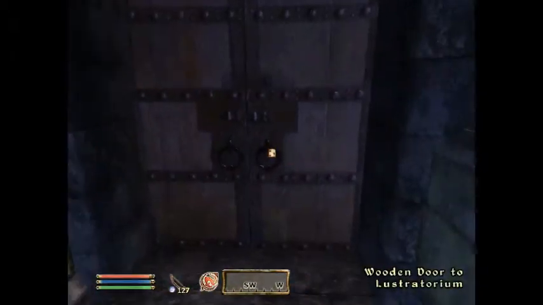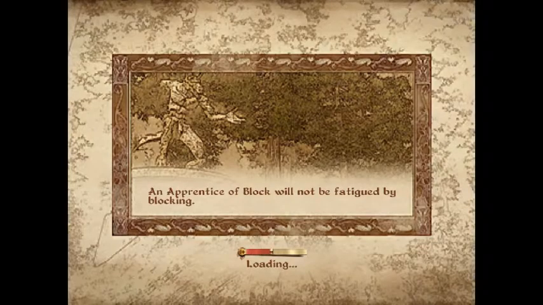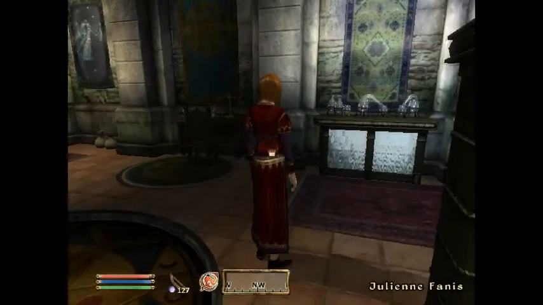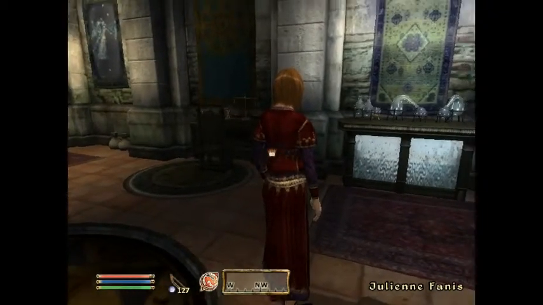And then the last place here is the Illustratorium, and this is basically like an alchemy shop. And this lady, the alchemist here...